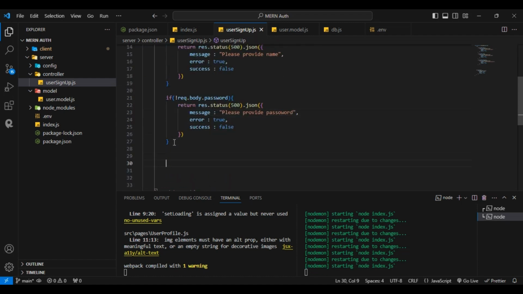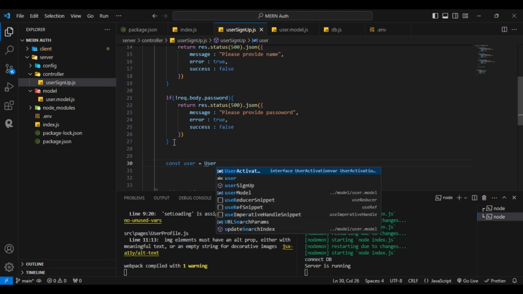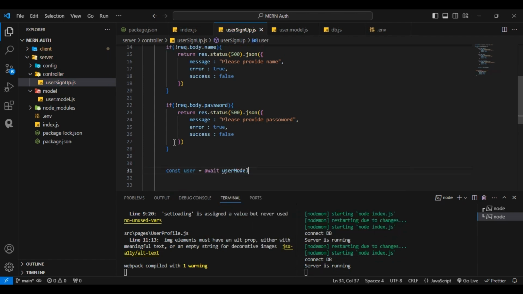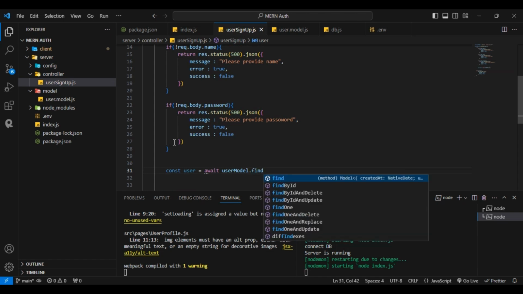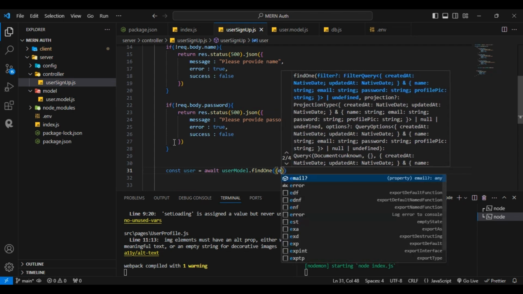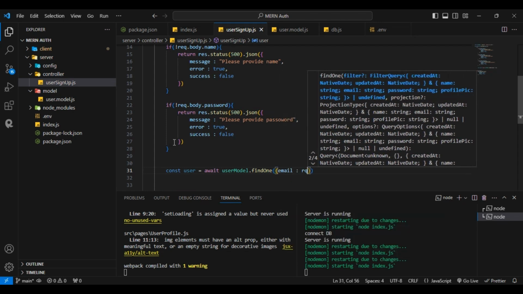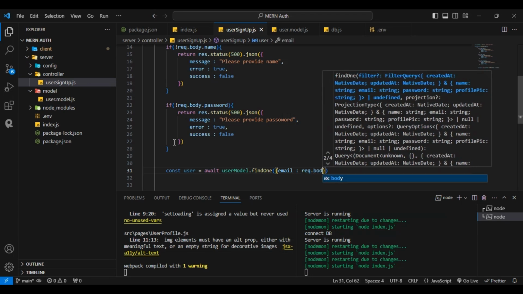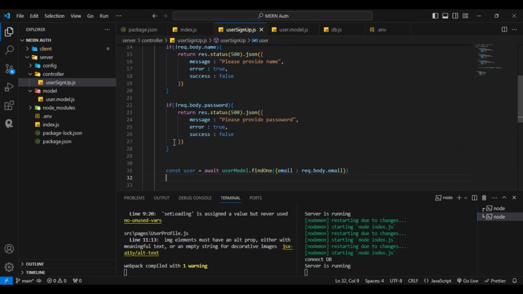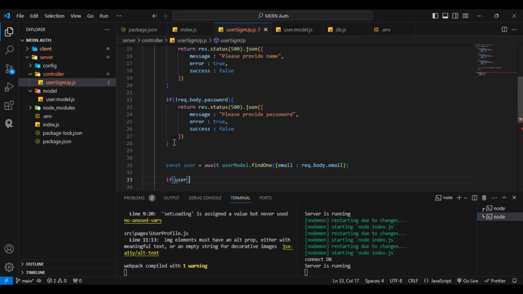Now again I will check if this email ID is registered or not. For that, const user equals await user model dot findOne, and here I will give the email, which is request dot body dot email. If a user is found,